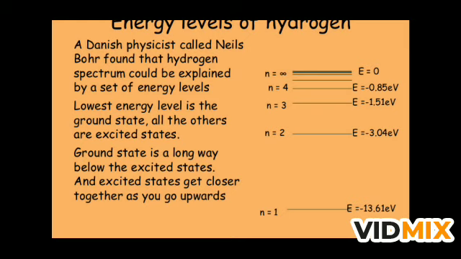The excitation energies are found by subtracting from the ground state of 13.61. For the second level, the energy required is 3.04. So if you give this amount of energy, meaning the difference of energy from N1 to N2, and the difference from N1 to N3 is about 12 point some electron volt. So we can find the difference and get the energy from the lower to the next excited state.